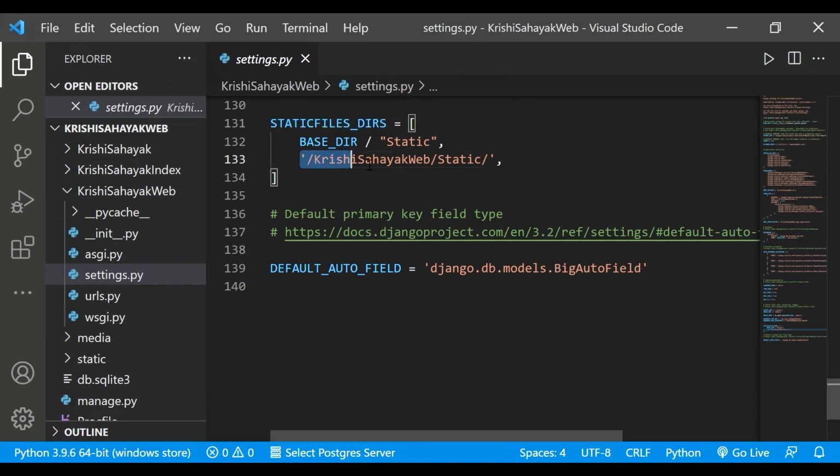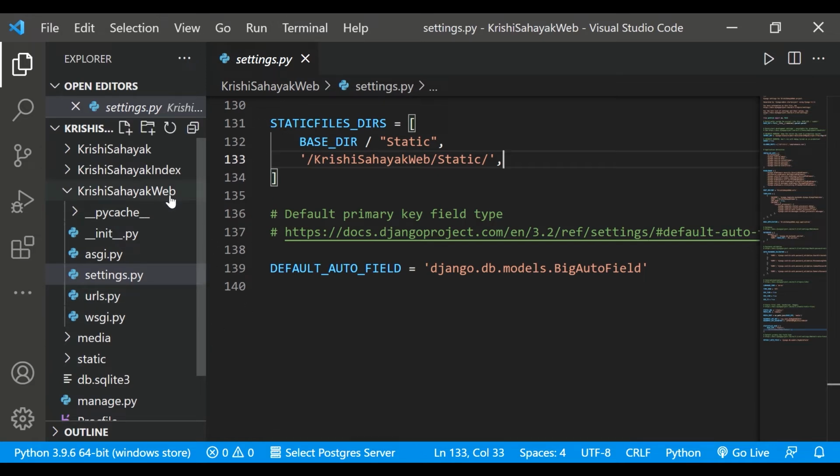And then we write the Krishi Sahayak web, like the project folder, and then the static. So here it basically connects the static files to the index.html or whatever HTML files we have. So the static files are connected to the HTML files.